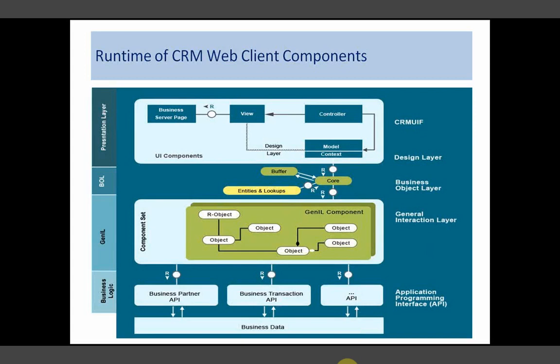It's a universal property of the CRM. You will face problems instantiating the BOL core, because that is taken care of by the web UI framework. The complete framework comes when you have a UI component.